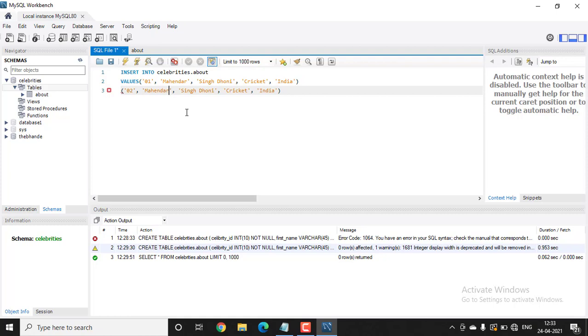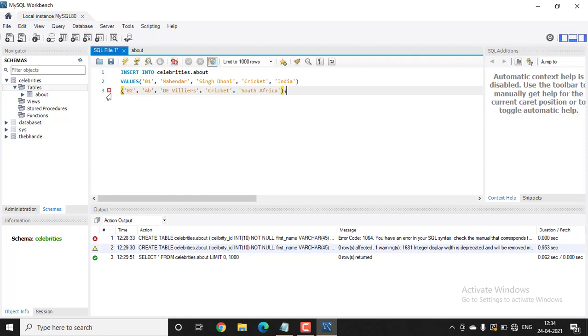Celebrity ID 02, name AB de Villiers, department is cricket, and location is South Africa. And then put a semicolon at the end.